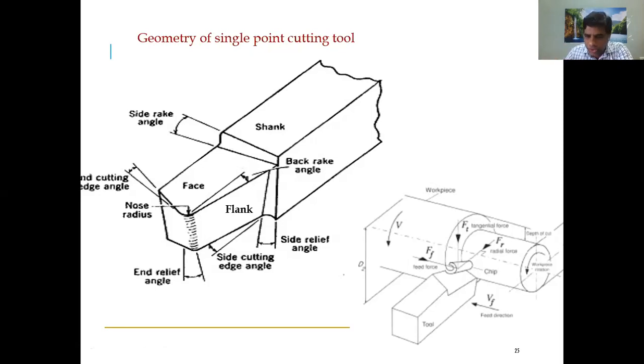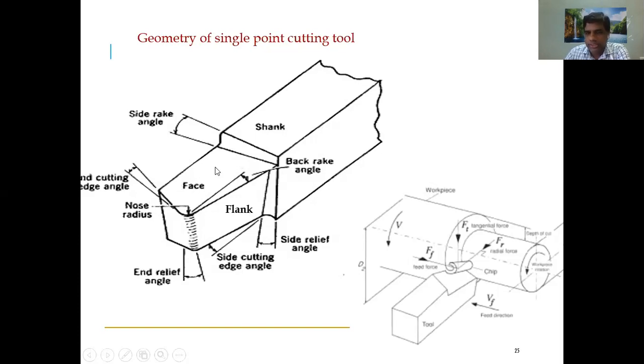So what does this cutting edge do? If there are any uneven things, any small projections, it only cuts the small projection. That's why this cutting edge is called a secondary cutting edge, or auxiliary cutting edge. Your textbook mentions it as an end cutting edge. If you take this as the axis, this is one end and the other is the other end. When you consider this as the side, this is considered the end. So we have the side cutting edge as well as the end cutting edge.